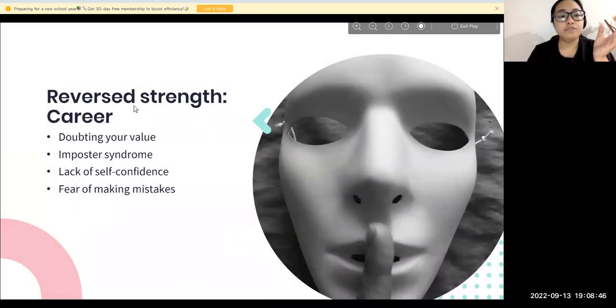In career, if this card is coming in the reverse, then it means that you're doubting your own capability, your values, imposter syndrome. Like, for example, you say you would do something and you're not doing it, and you feel that you're lying. Or let's say in an IT company, there are a lot of people who sit on the bench, right? They don't have projects, but they're sitting on a bench. A lot of people feel that because I'm not doing anything, still I'm taking a salary. So some people feel very guilty about receiving the salary by just sitting on a bench and not doing the project. It can also feel that way. You can, but then it's fine. The company is paying you for being there, right?